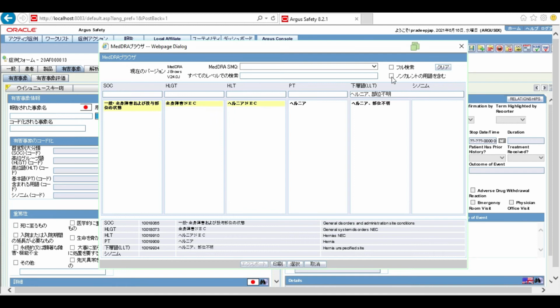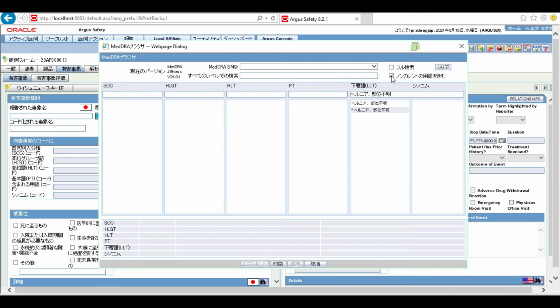Now let us check this particular checkbox. This checkbox says show non-current terms. Okay, now do you see that there are two entries over here? Both of them are identical in the text. The only difference is one of them has got an asterisk sign before it.